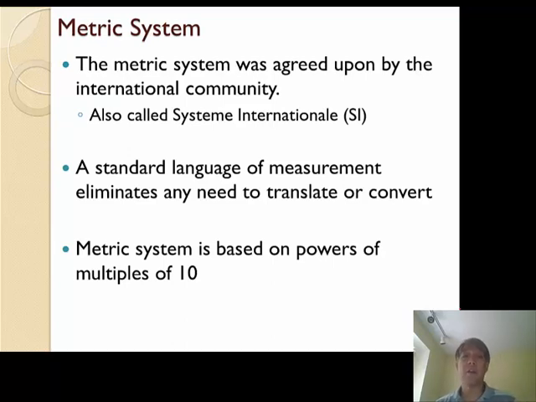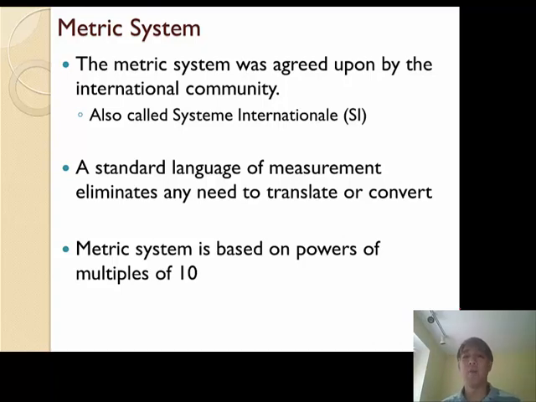So, first off, the metric system was agreed upon by the international community. It's also abbreviated SI, which stands for Système International. This is a standard language. It allows scientists in different countries to use a standard language for the various measurements and units that we need without having to translate or convert. So I don't have to worry that 1 inch is 2.54 centimeters